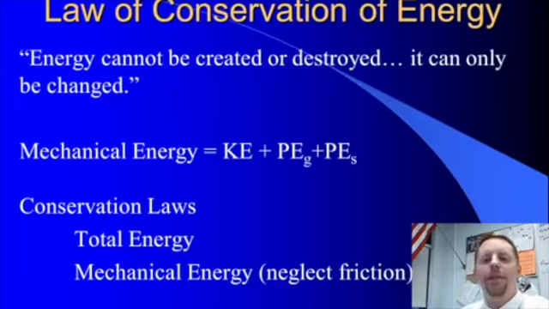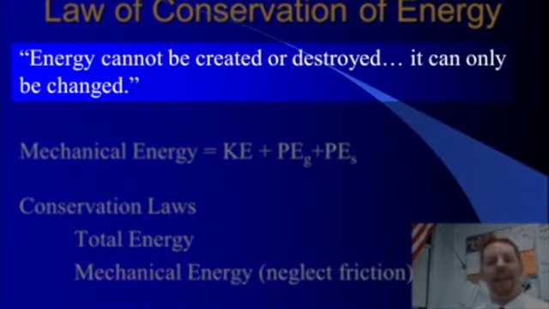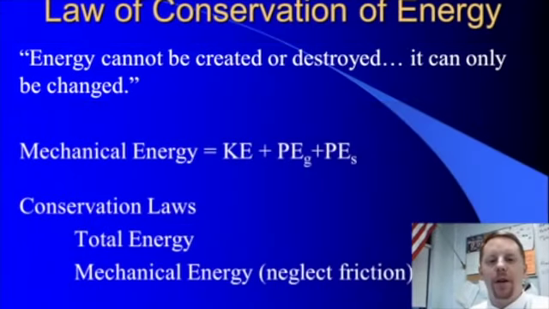So to begin with, you've probably heard the law of conservation of energy before. It says something like energy can't be created or destroyed, it can only be changed. Well, that's true for the most part. When we get into the nitty-gritty of things, we find that mass and energy are very closely related, but mass is a highly concentrated form of energy. So really this should say mass energy cannot be created or destroyed. But conversions of mass into energy are fairly rare in terms of the problems we're going to be dealing with